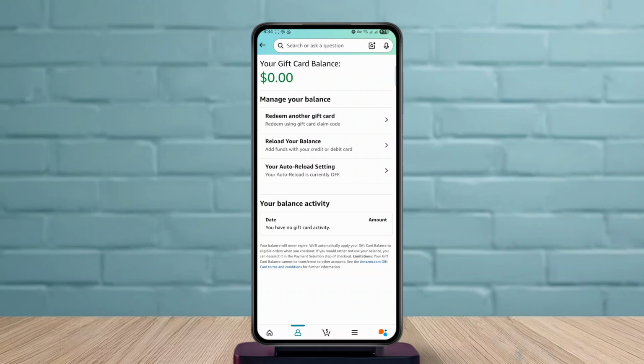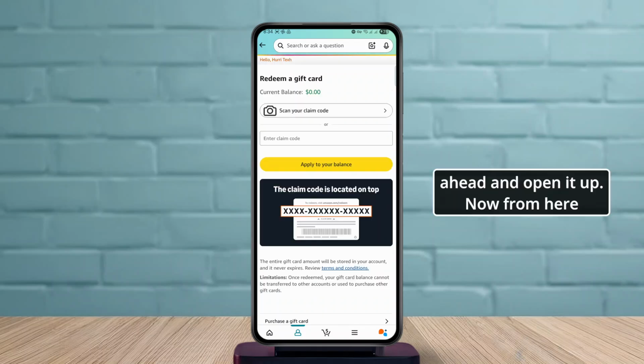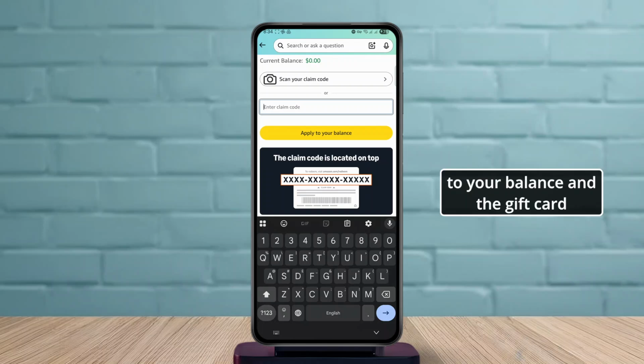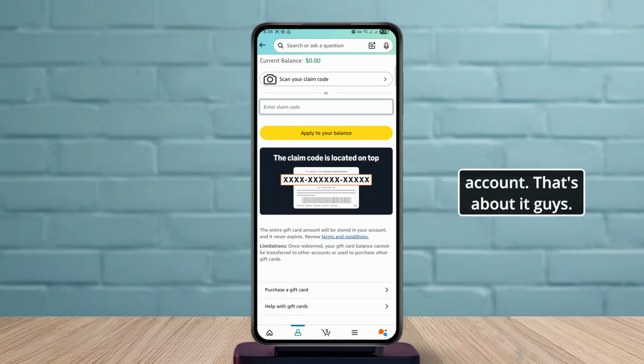And if you want to redeem a gift card, tap on redeem another gift card and then just go ahead and open it up. Now from here, you can just go ahead and enter the code and then tap on apply to your balance and the gift card balance will be added to your account. That's about it,